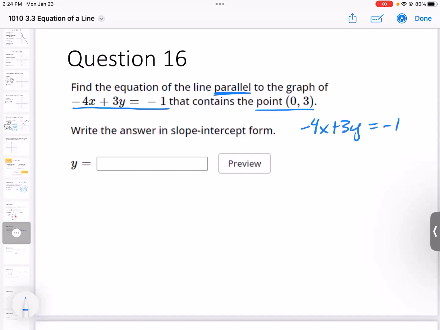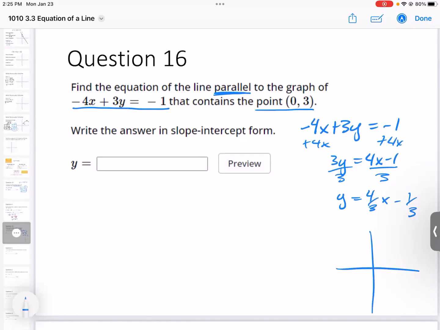So I'm going to get the y by itself by adding 4x to both sides, which gives me 3y equals 4x minus 1. And I'm going to divide both sides by 3, which gives me y equals 4/3 x minus 1/3. So if I were to graph this equation, I would have a y-intercept at negative 1/3, and then I would have a slope of 4/3, which would look